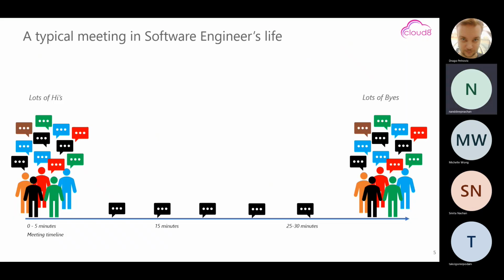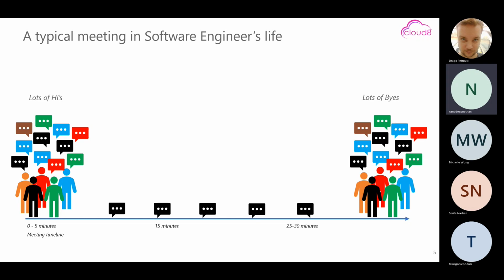All right, so let us see how a typical meeting looks in a software engineer's life. Let's say we have a meeting of almost 30 minutes scheduled with our colleague. For the first 5 minutes, until everyone joins, we see lots of people saying hi, hello, how was the vacation, how is your day, and all those things. But over time, when the meeting starts, we see some one-way kind of communication, probably during a window of maybe 5 minutes to 15 minutes, and then towards the end we